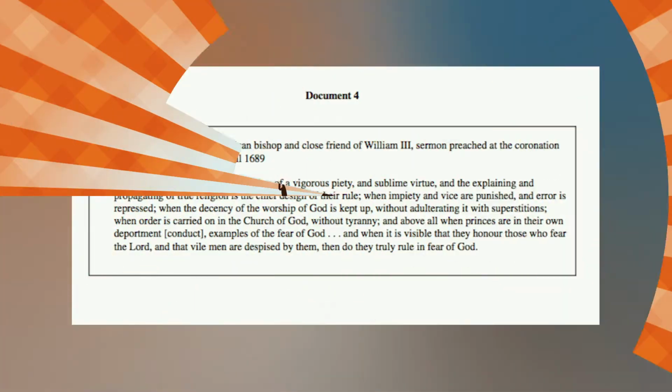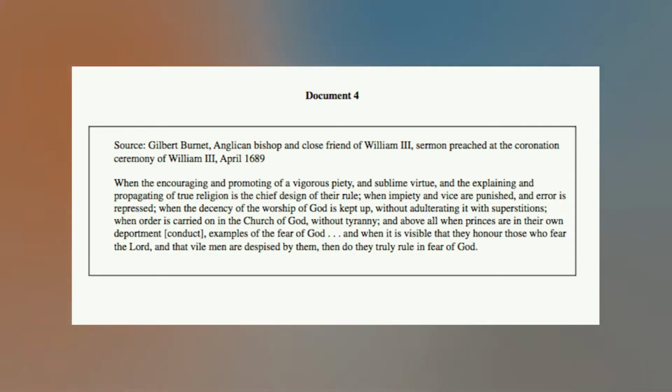Alright, let me give you an example of this from the 2017 AP European History exam. Okay, the source here is Gilbert Burnett, an Anglican bishop and close friend of William III, from a sermon preached at the coronation ceremony of William III, April 1689, and he says this: "When the encouraging and promoting of a